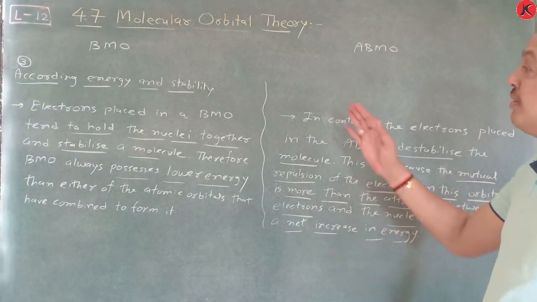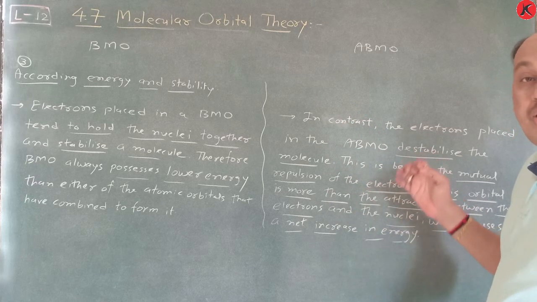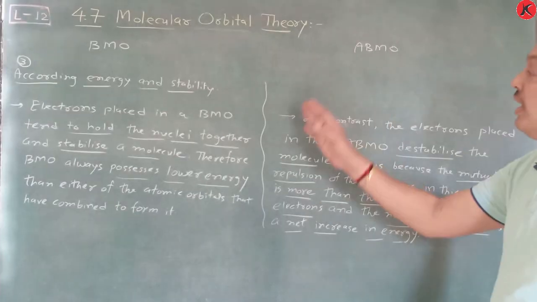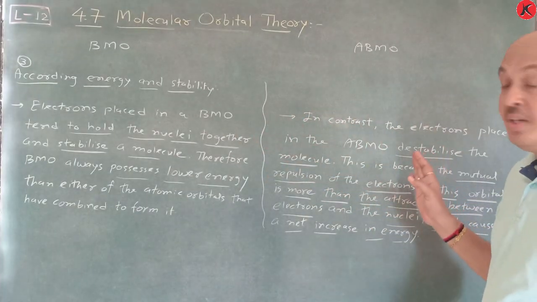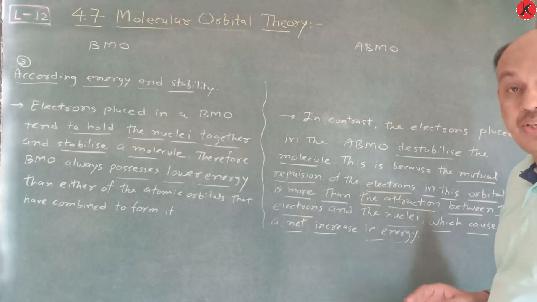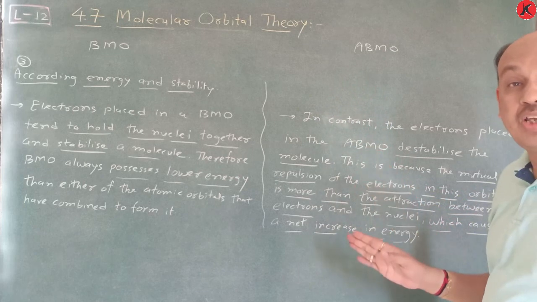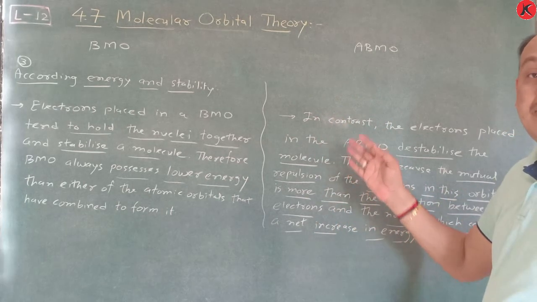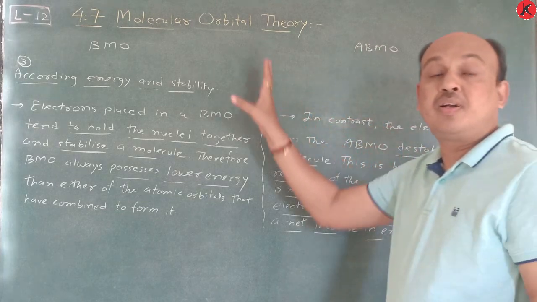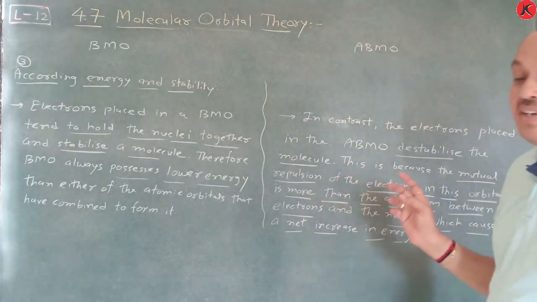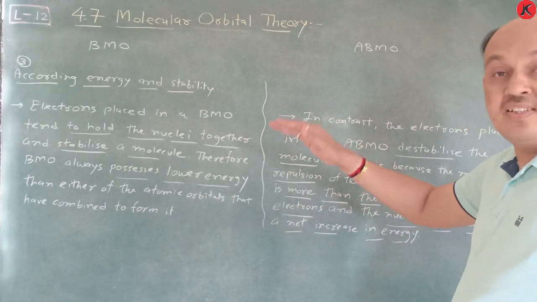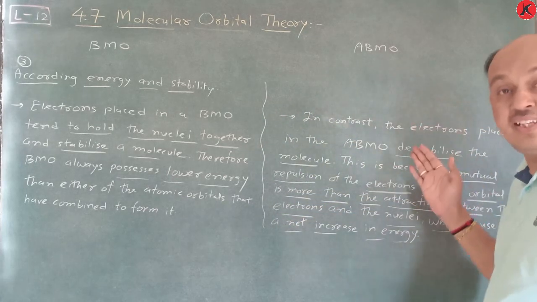So remember, there is a particular topic regarding molecular orbital theory, namely how we distinguish BMO and ABMO. How do we differ BMO and ABMO according to the MO diagram, the molecular orbital diagram, with the help of the H2 molecule? Earlier we observed this with the help of one graph, one plot, one particular diagram. And last is that BMO possesses lower energy and ABMO possesses higher energy.